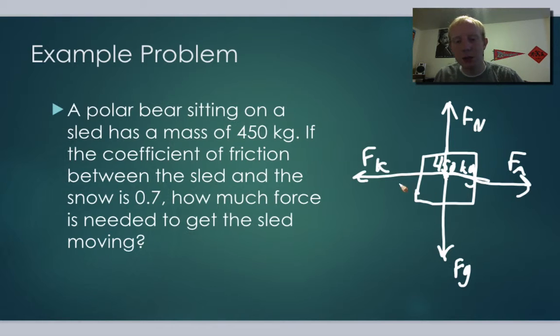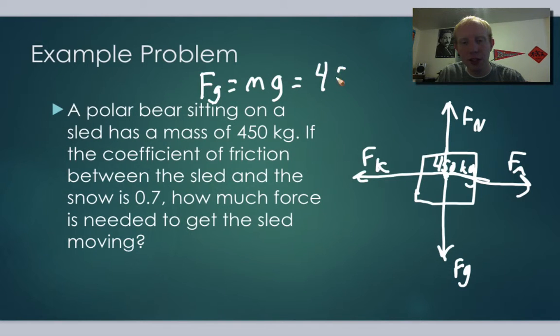What we need to figure out, first of all, is how much gravitational force we have. That's going to help us figure out how much friction force we have, and that's going to help us figure out how much force we need to apply. So let's start with figuring out this gravitational force. We know the object's 450 kilograms. From the mass versus weight lesson, we know that the force of gravity equals the mass times the gravitational acceleration. So that's going to be 450 kilograms times 9.8